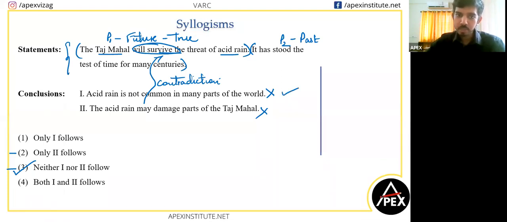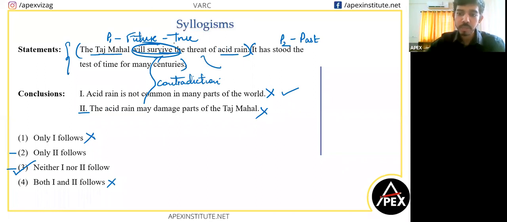Acid rain is not being spoken about in this topic. It's more about the Taj Mahal. So the first one is out of scope, so this one is eliminated, and hence this one is also eliminated. We are only trying to judge whether acid rain may damage or not damage parts of the Taj Mahal. But it is given in premise 1 that the Taj Mahal will survive. Yes, you're right, Sampath. They are saying it is a threat, but the threat will not affect the Taj Mahal